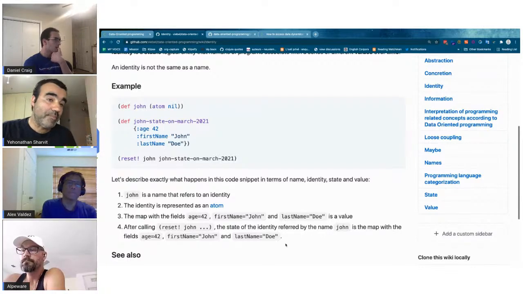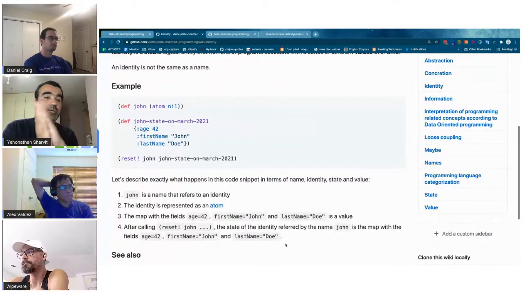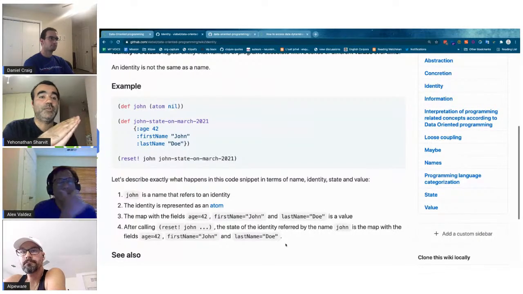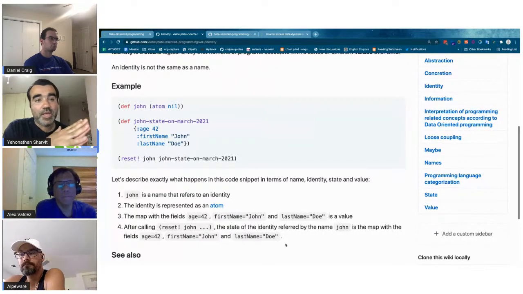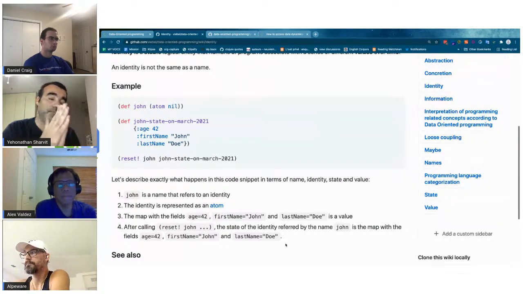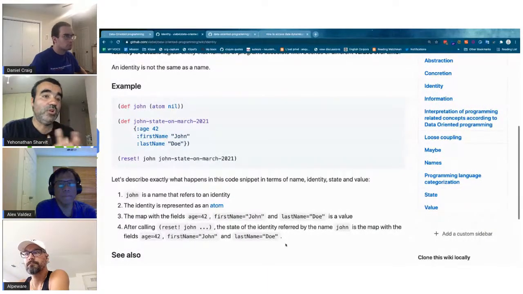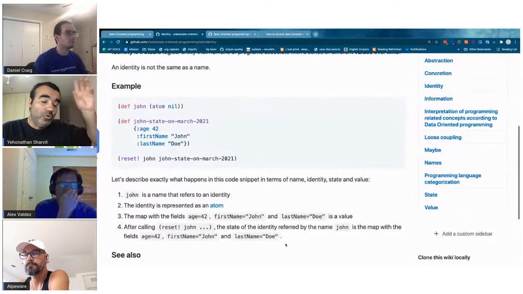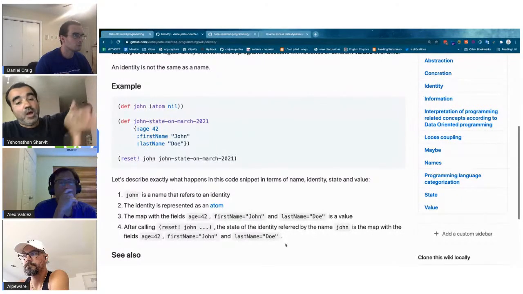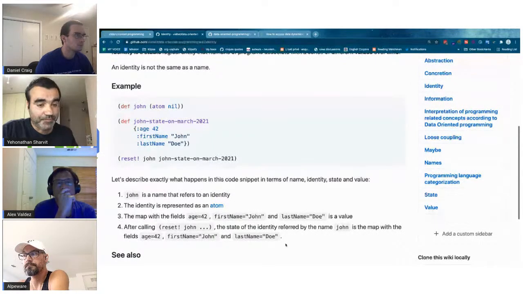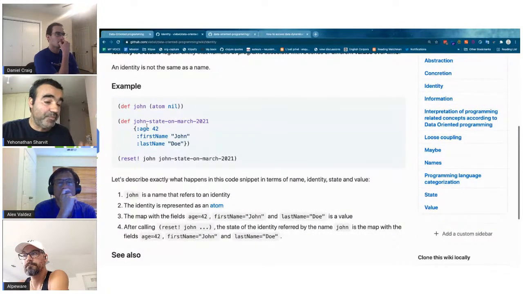And in object-oriented programming, what we do is conflate together identity and value. The identity is an object, but objects and values are conflated. We don't have access to all the values in an object outside the context of the object. We could access every one of the fields. I could retrieve the age of the person object, and it will be 42. And 42 will stay 42 forever because it's a primitive value.